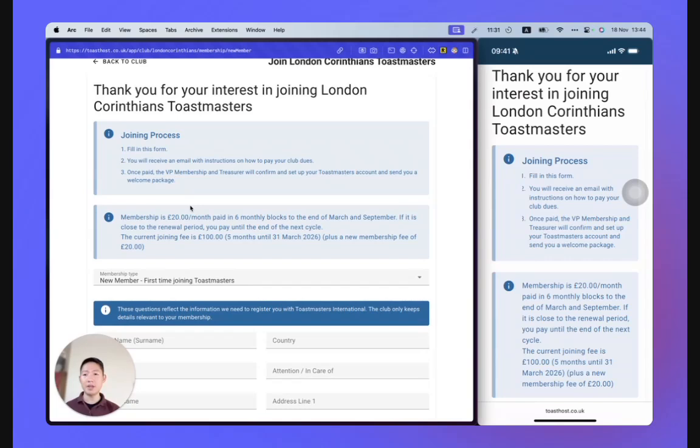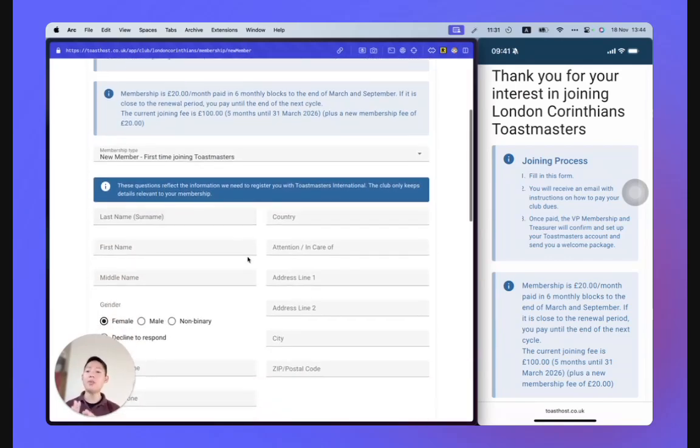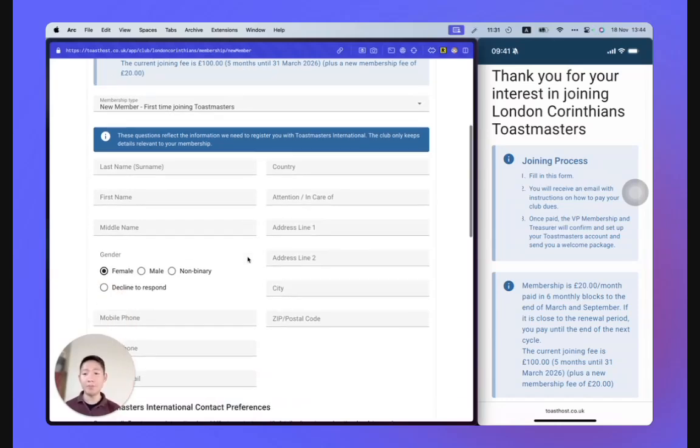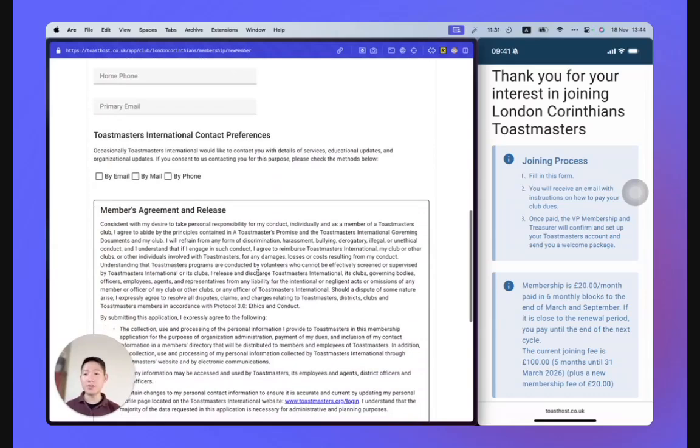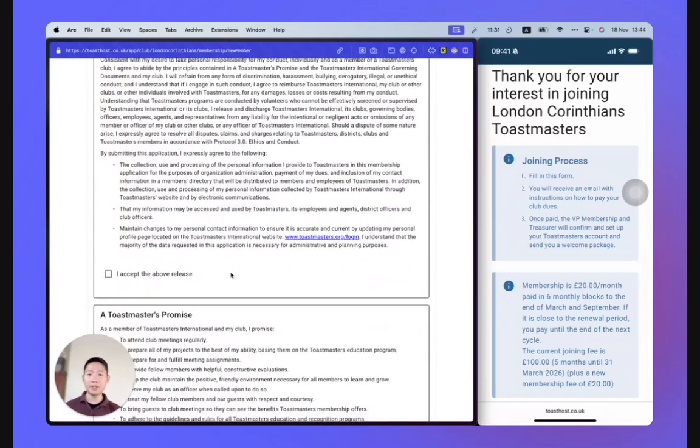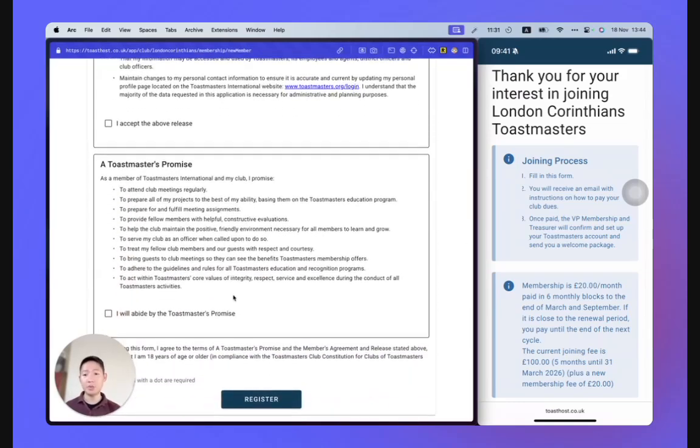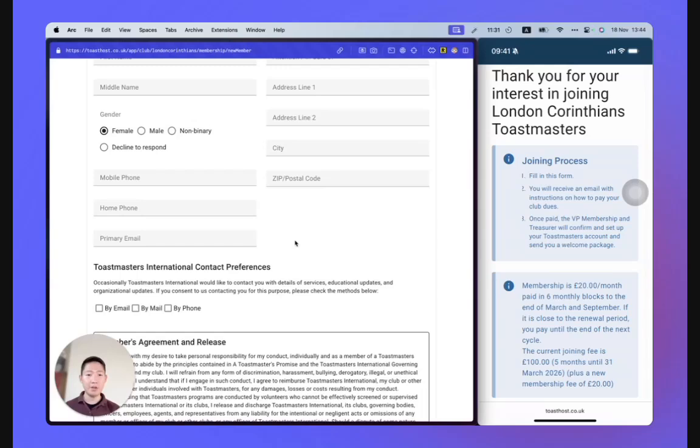It has the information about how you join, the fees, which I'll show you how to set up, and all the information you need to fill the details on Toastmasters International. And it has some consent forms as well, which follow the guidelines from the Toastmasters International website, some Toastmasters promise, and then they can register. Once anyone registers,